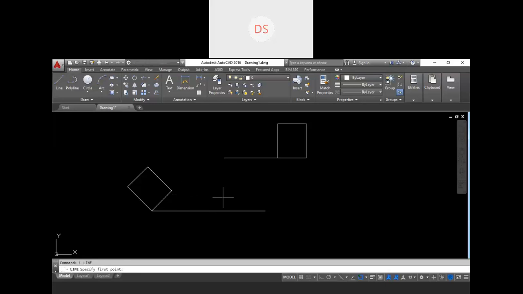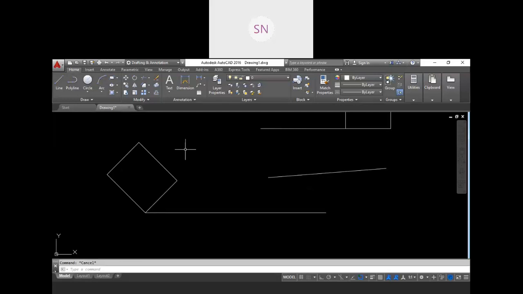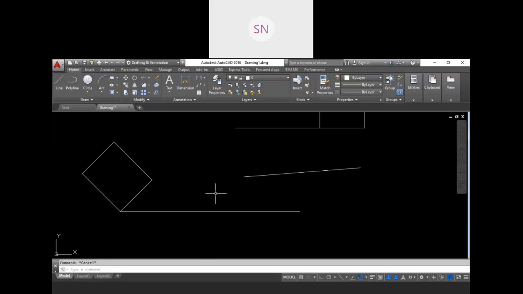For example, I want to compare two angles, or I want to merge two angles. So for that we have, like this. For example, I want to rotate this rectangle in such a way that this bottom line should be parallel with this line, and I don't know the angle of this line. So see, this is a very unique option we have. So just focus over here, rotate, enter, select your object, enter, and base point. Up to this point it is clear.